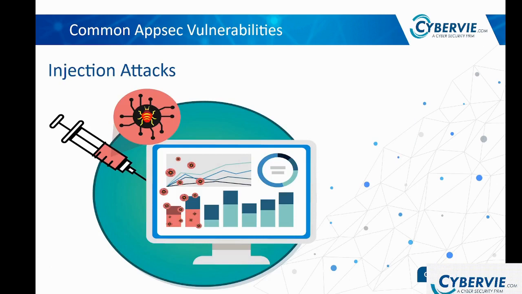Next is injection attacks. Injection attacks typically arise due to lack of sanitization of user input or a lack of additional security checks in the back end to validate what the user has inputted. Injection can be of different types. First is SQLI or SQL injection. If a target application is vulnerable to SQLI, it will send data directly to the database without checking if it's safe or not. Then instead of storing or retrieving some account data, the database server will execute a malicious SQL statement injected by the attacker.